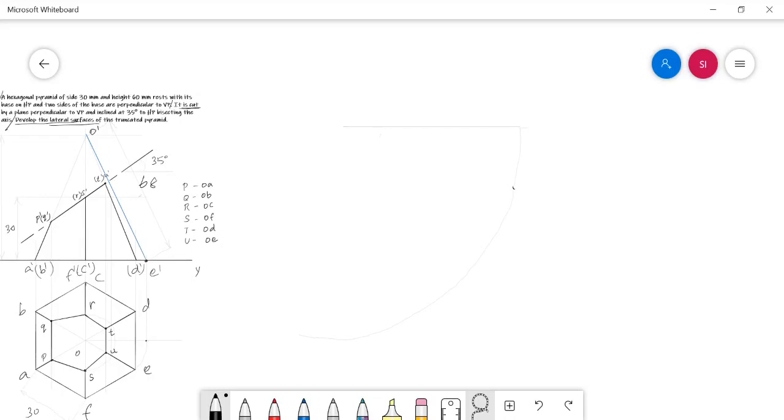Totally 6 base edges are there in this hexagonal pyramid. So I need to cut 6 points.